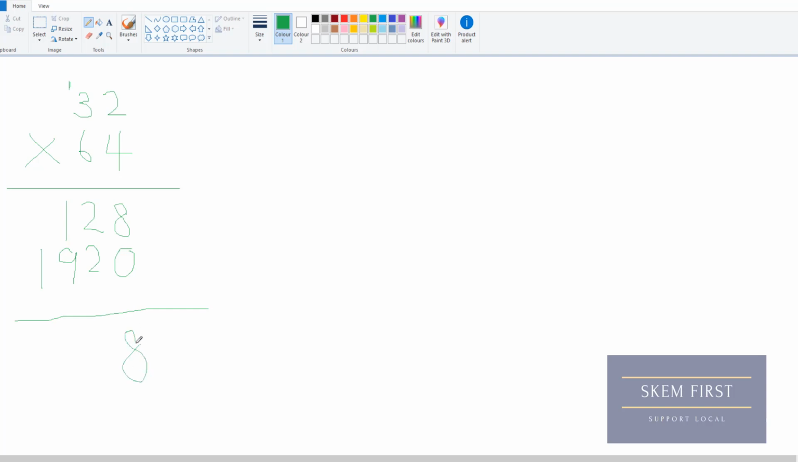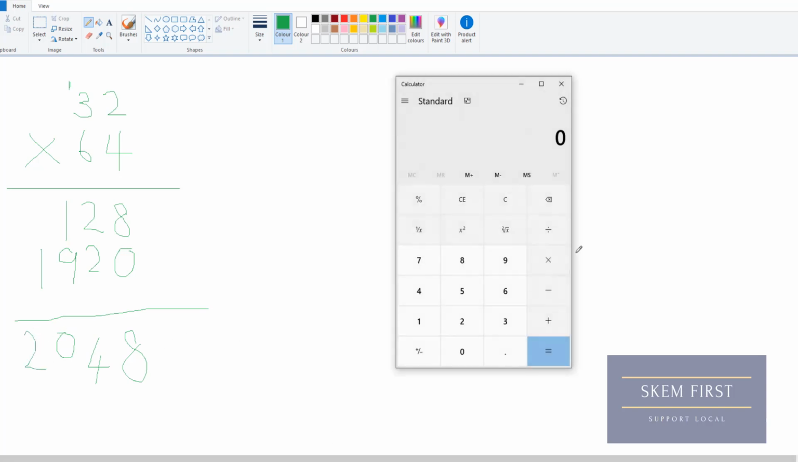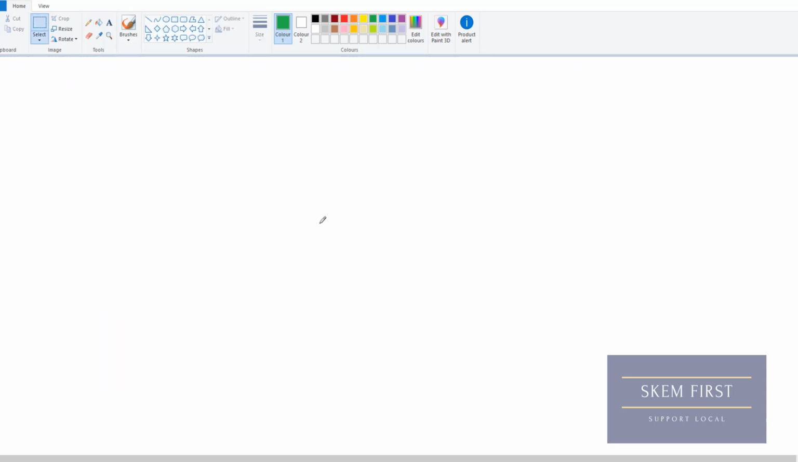Let's add those together. And we should end up with 2048. Let's just check. 32 times 64, 2048. So we'll just do another couple of those just to make sure you've got that absolutely nailed down. Let's do